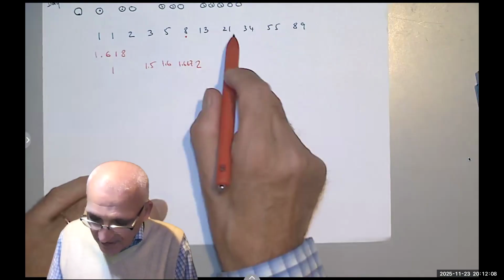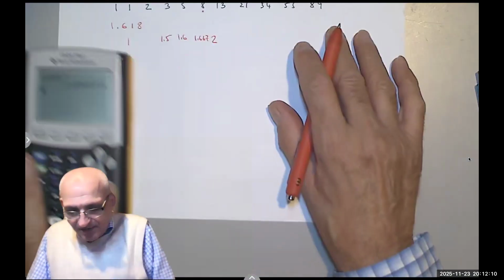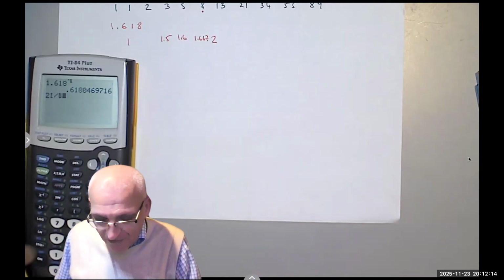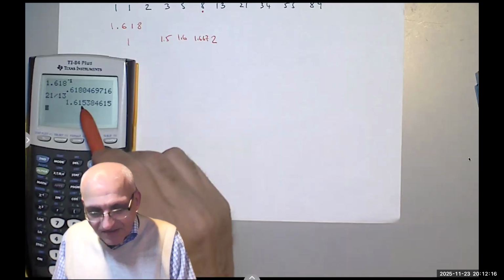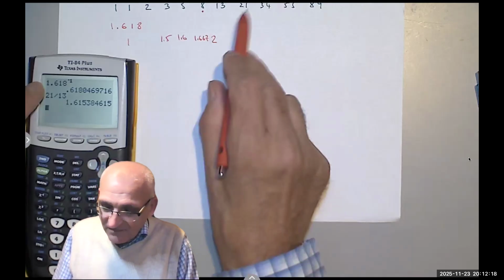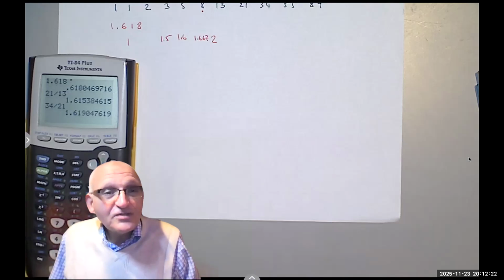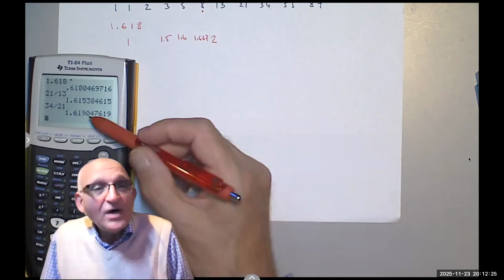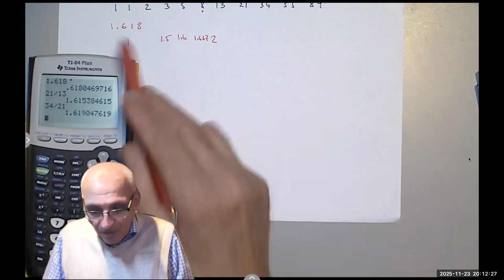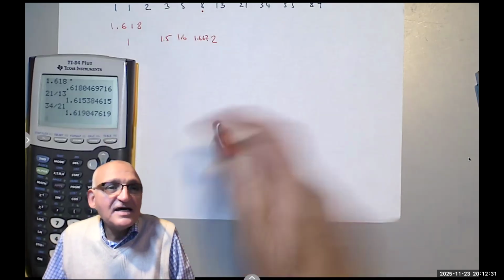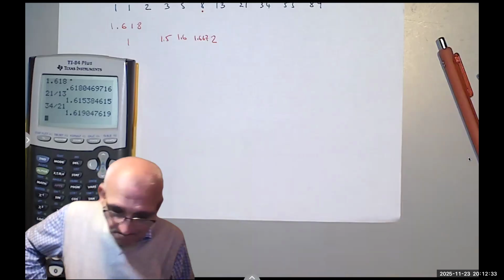Then you divide 21, but let's do it with a calculator so I don't run out of space here. So if I say 21 over 13, it's 1.615. Then if you divide 34 by 21, you get 1.619. We are only a thousandth away from the golden ratio. And you can see that that's basically